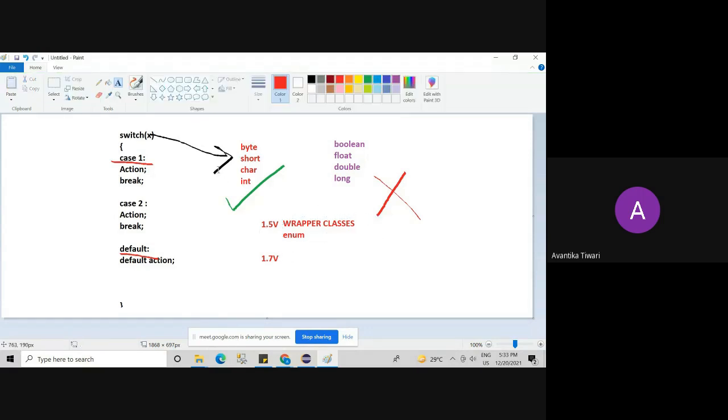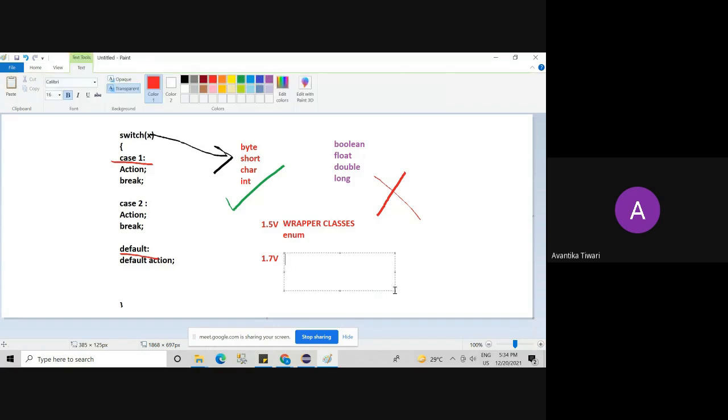What happened in 1.7 version? In 1.7 version, along with wrapper classes, enum, and all these 4 data types, string is also supported. String plus enum plus wrapper classes and these 4 primitive data types: byte, short, char, and int.